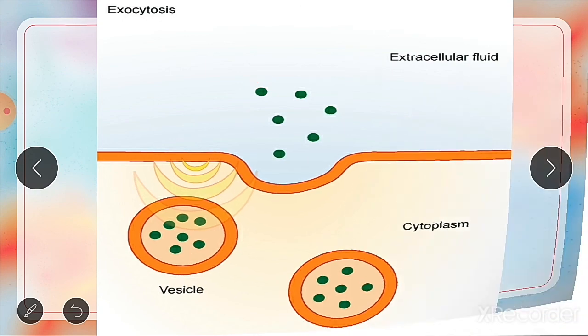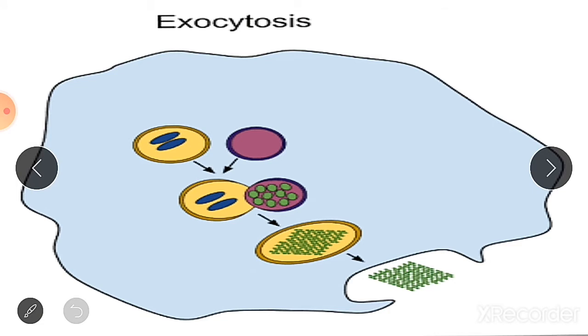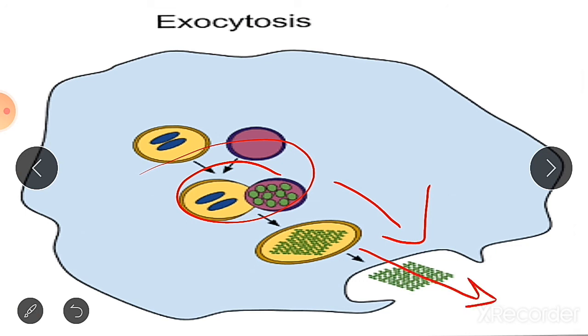In the process of exocytosis, a vesicle is formed containing undigested waste from the Golgi body or endoplasmic reticulum. Here the vesicle is formed, and it travels to the cell membrane. Here a passage is formed in the fused membrane, and the vesicle discharges the content outside the cell. After releasing this waste material, the vesicle either stays fused with the plasma membrane or separates from it. So this is the process of exocytosis.